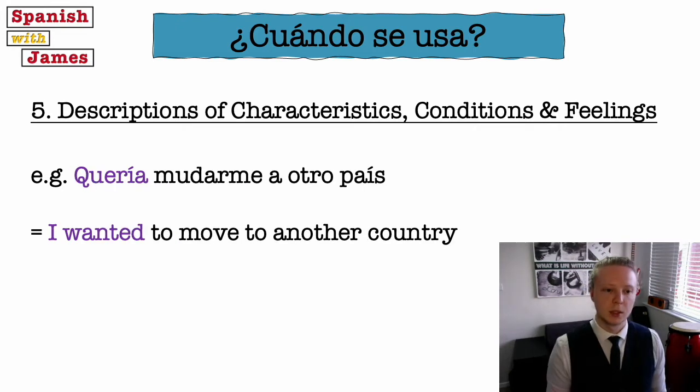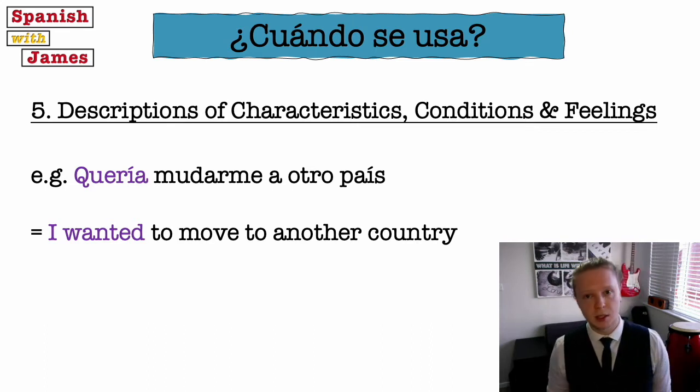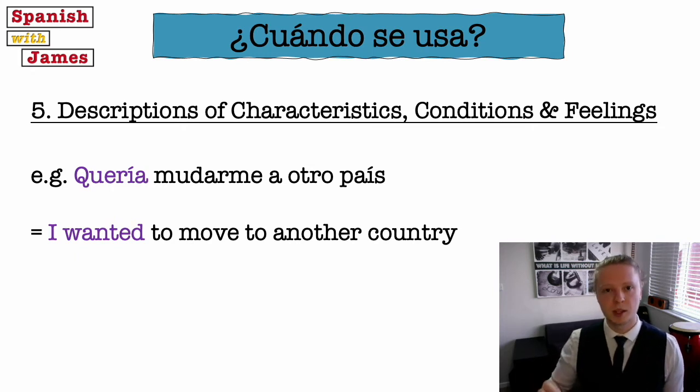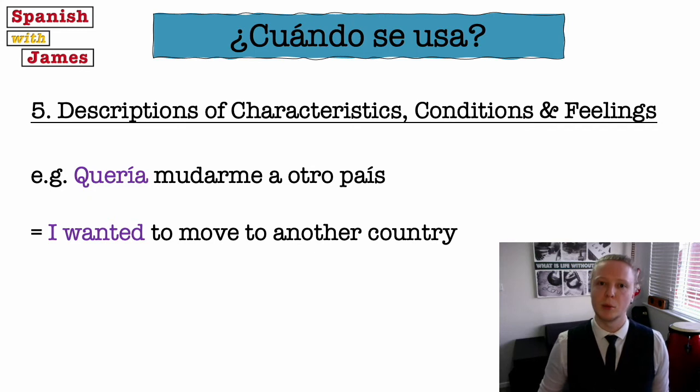I'd use the imperfect. Now, if you want to take the verb querer, to want, we'd say quiero in the present tense, I want. If you want to put that into the past tense, we could use the preterite again, like with me sentí and me sentía feliz. We've got two options, so it depends what you want to express. For example, if I said, cuando él dijo eso, quise salir de la casa. When he said that, I wanted to leave the house. It would be fine to use the preterite because that's a desire that takes place in that very specific moment and you want to act on it in that specific moment. But if I wanted to say, for example, I wanted to move to another country and it was a desire that took place over a longer period of time, then I'd say, quería mudarme a otro país.